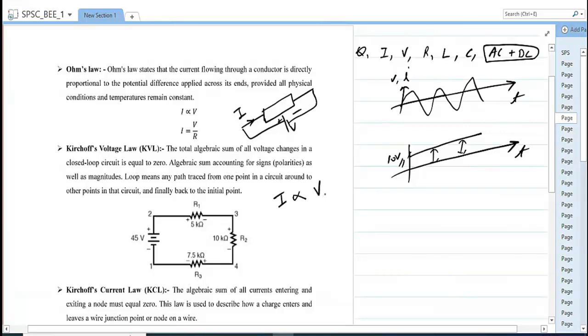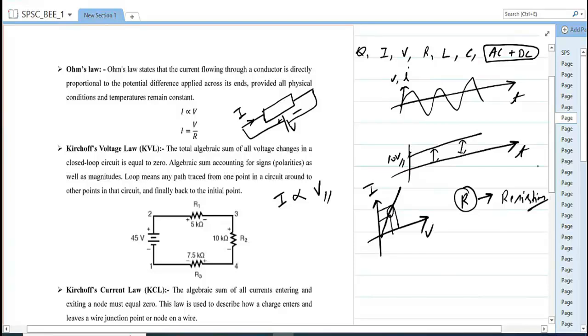What is Ohm's law saying? Ohm's law is saying that the current flowing through the material is proportional to the applied voltage. This is the voltage, this is the current. As far as you are increasing the voltage, your current will increase in a linear fashion. So you can see the slope is constant here, and this slope is nothing but R. And R is again the resistance of the material,